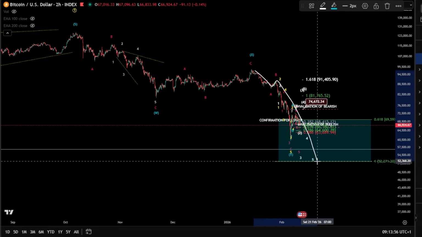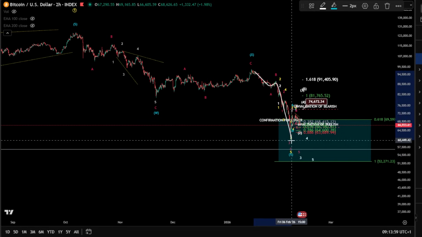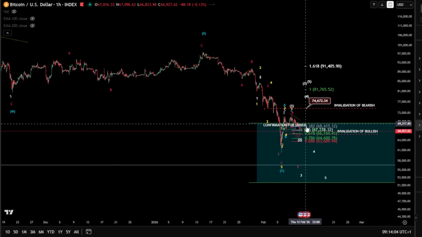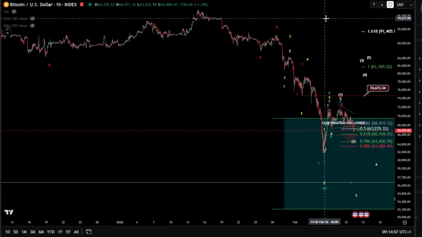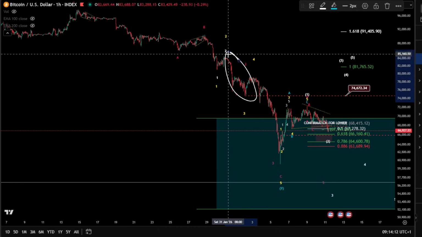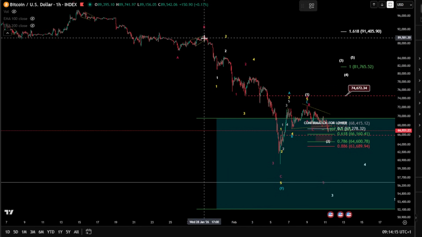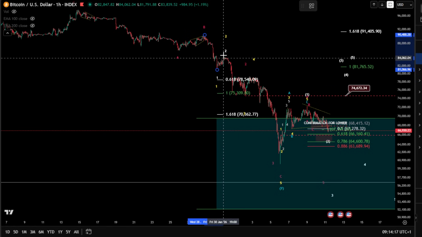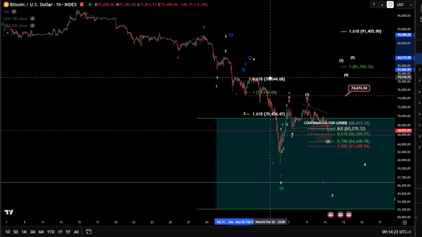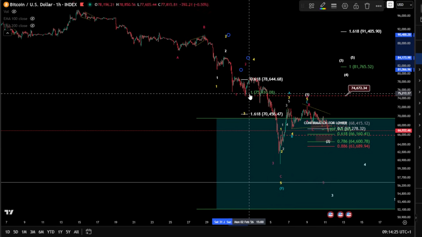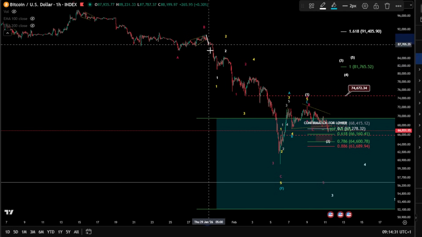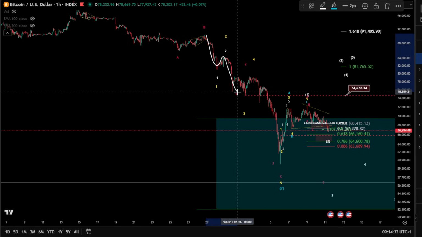all of this into a wave 3, meaning you want to see this as 1 2 3 and then 4 and a 5. This can be a possibility, but I'm talking first about this. So you can consider this as 1 2 3 4 and a 5. Wave 3 is short here. And if you take the fib level from wave 1 to wave 2, you will see that the wave 3 here is a little bit longer than the wave 1. So it's very close to it, which means you have to consider a potential 1 2 here.